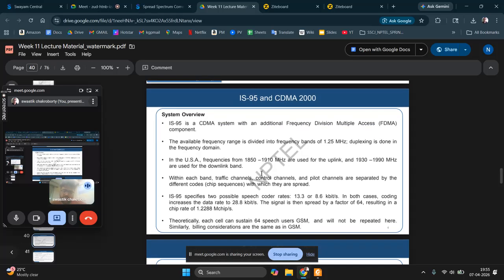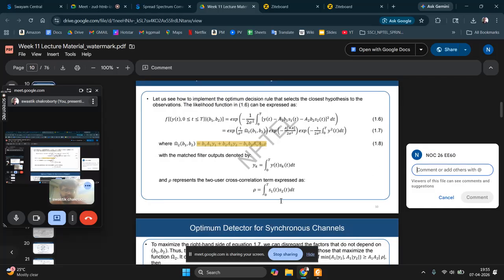Now IS95 considers two possible speech coder rates, 13.3 or 8.6 kbps. In both cases,